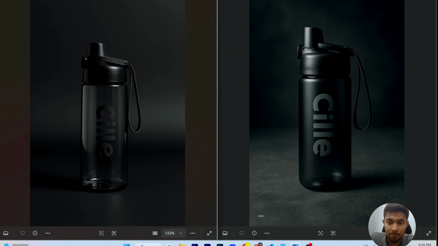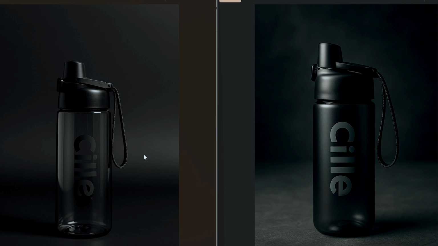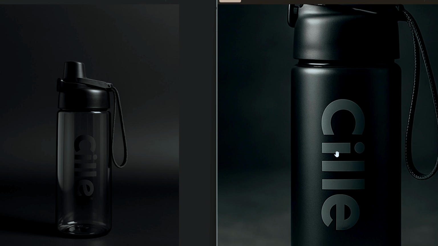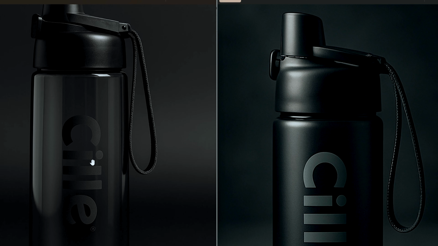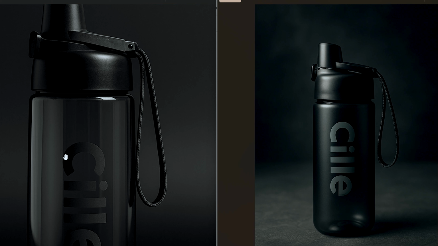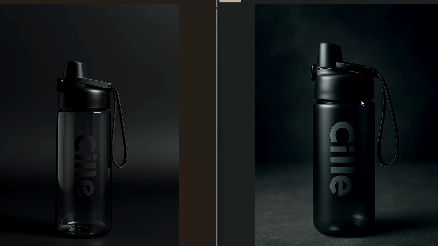So now let's compare both the images. First, you see this image. This is from the normal prompt, which everyone writes. This is the image from the prompt which I gave in detail. You can see the texture in the blur in the background, and the detail in the bottle. The first also looks good, but if you compare this with this, you can see how much detail the image has. One prompt generated this image and one prompt generated this.